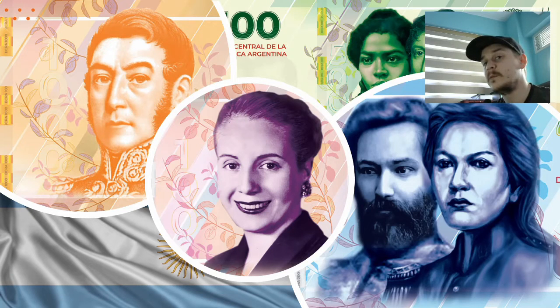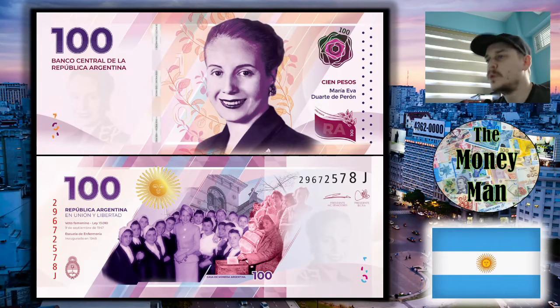Hello everyone, today I'm going to show you a preview of the new series of Argentina Peso banknotes that are due for release later on this year. So you can see right here we've got the lowest denomination, which is going to be the 100 peso note, and it looks completely different from the currently circulating 100 peso note, and that is something that you will see